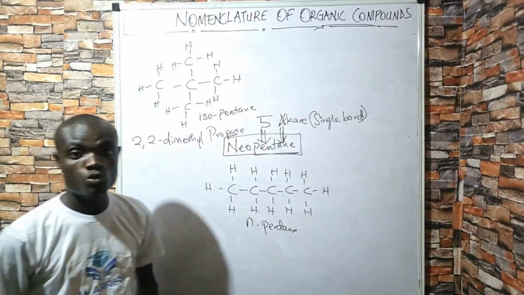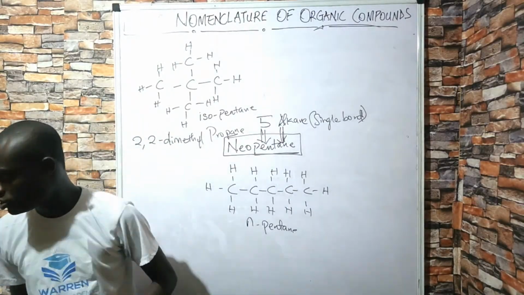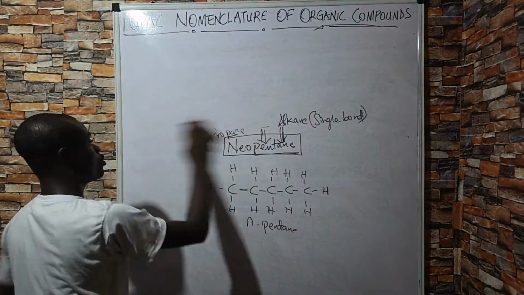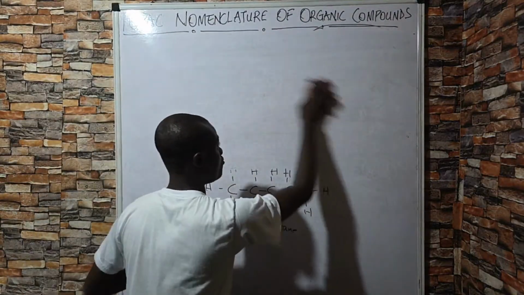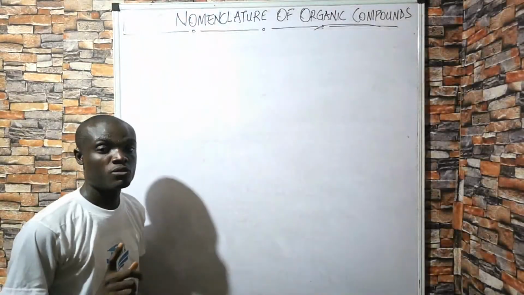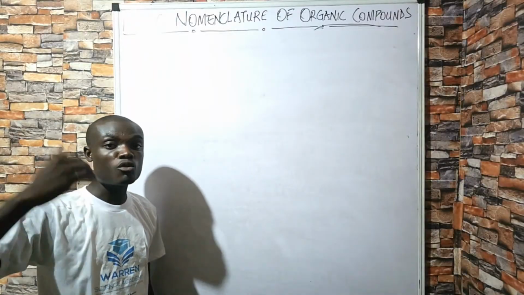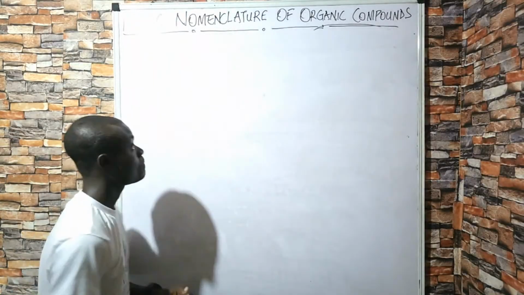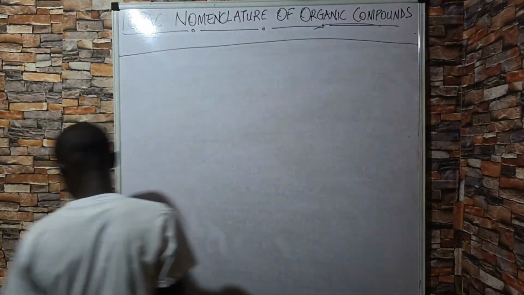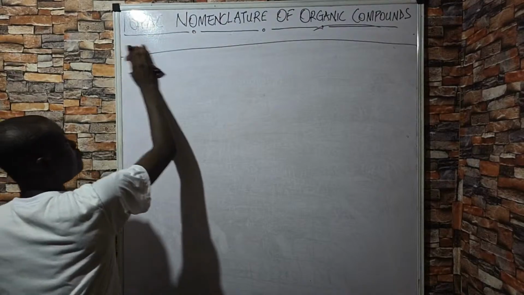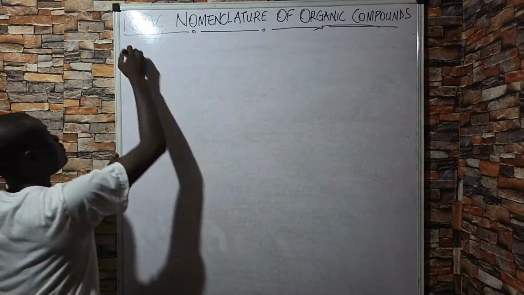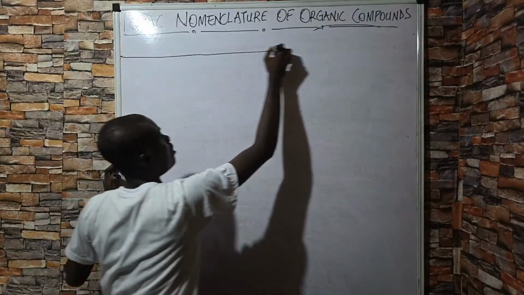So now let's come back to homologous series. So let's take homologous series. I'm going to draw a table, and the table is going to be all-encompassing, and that will form the basis for us to name compounds in our subsequent class. So now we're going to look at this table.